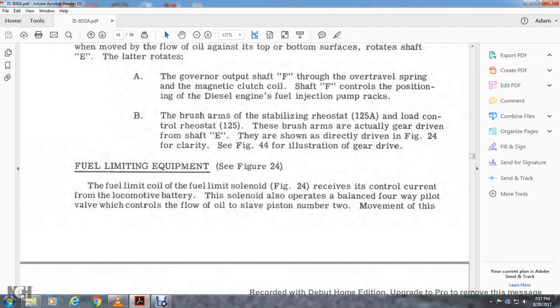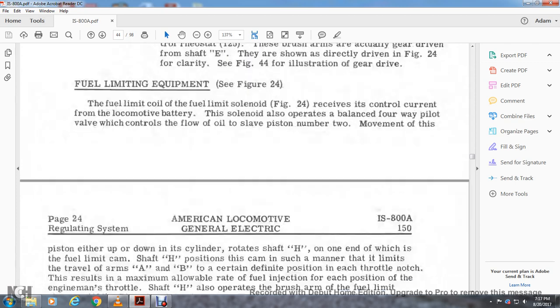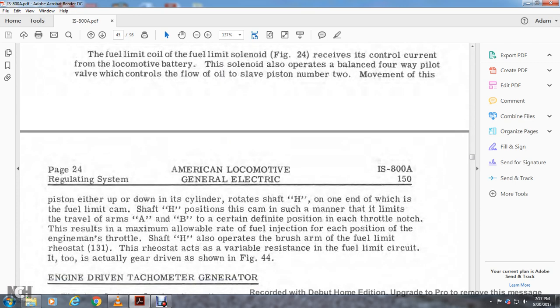Fuel limiting equipment, Figure 24. The fuel limiting coil, the fuel limiting solenoid, receives control current from the locomotive. The solenoid also operates a balanced four-way pilot valve, which controls the flow of oil to slave piston number 2. Movement of this piston, either up or down in the cylinder, rotates the